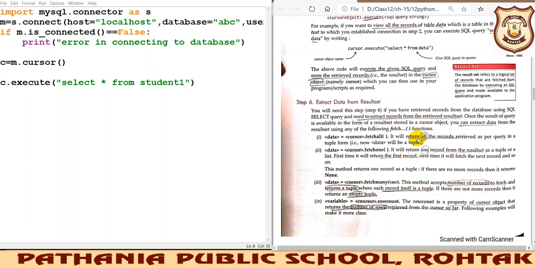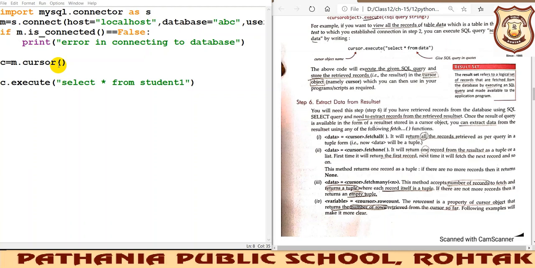Today we'll be starting up where we left off yesterday. We were doing the practical part of the connectivity between MySQL and Python. Yesterday we created the connection and executed the commands. We created a database, and there we created a table in which we inserted data and modified it using the update command. So I hope you are now aware of how to insert data, how to use the data, and how to get connected with MySQL through Python.